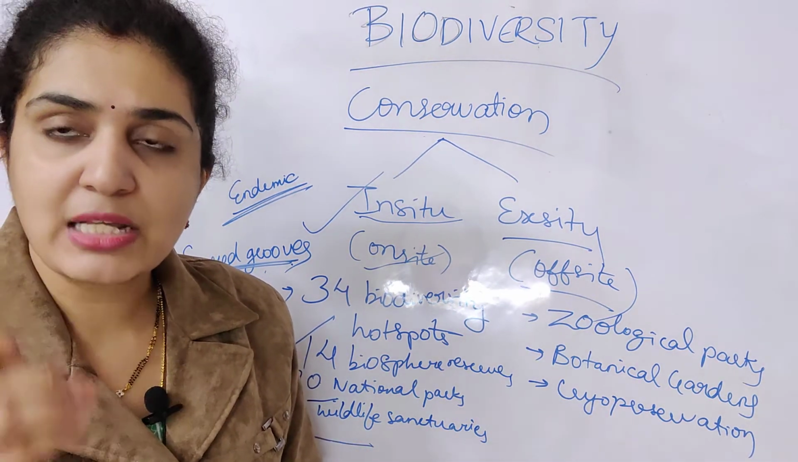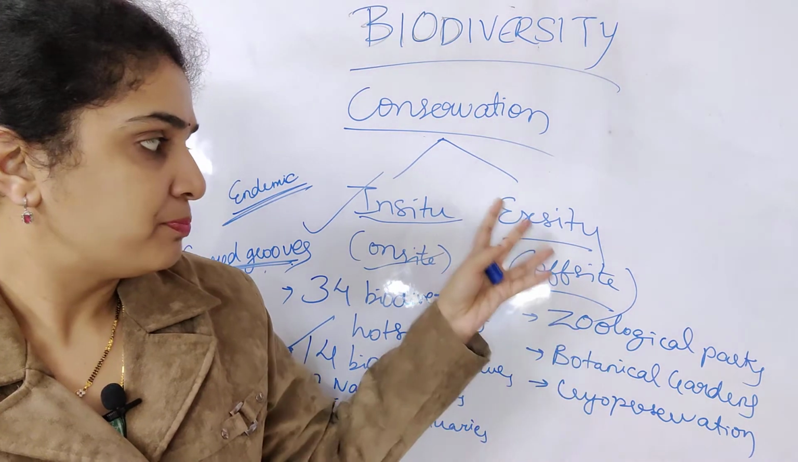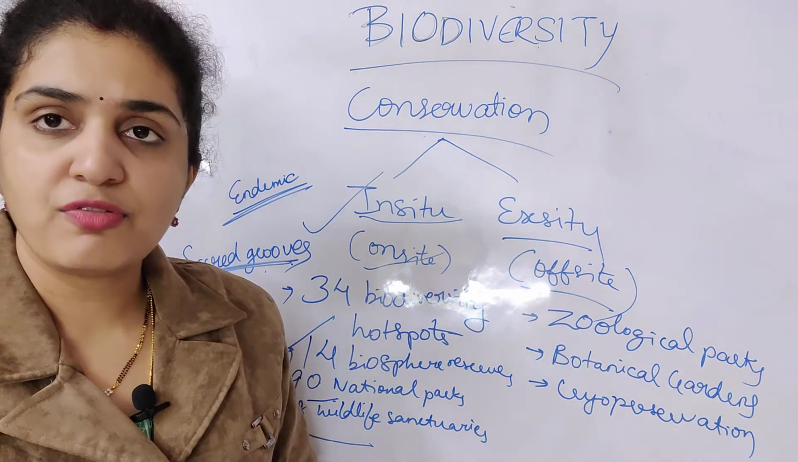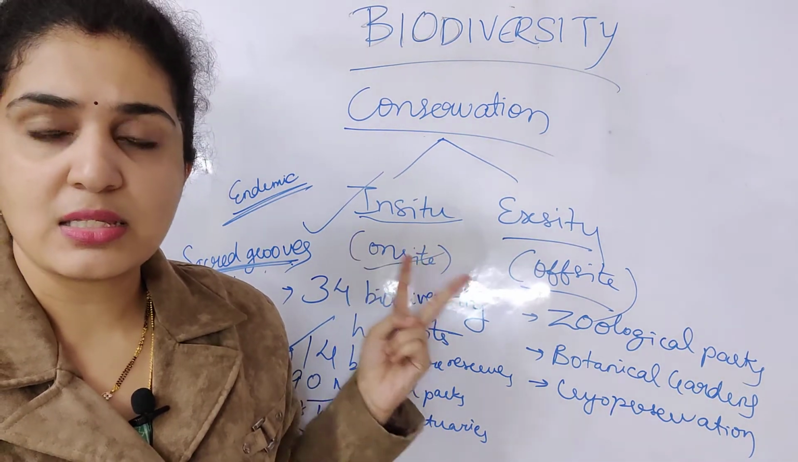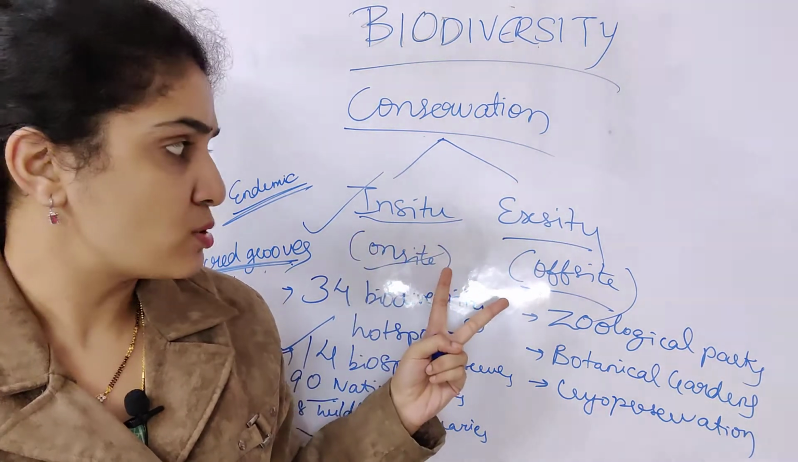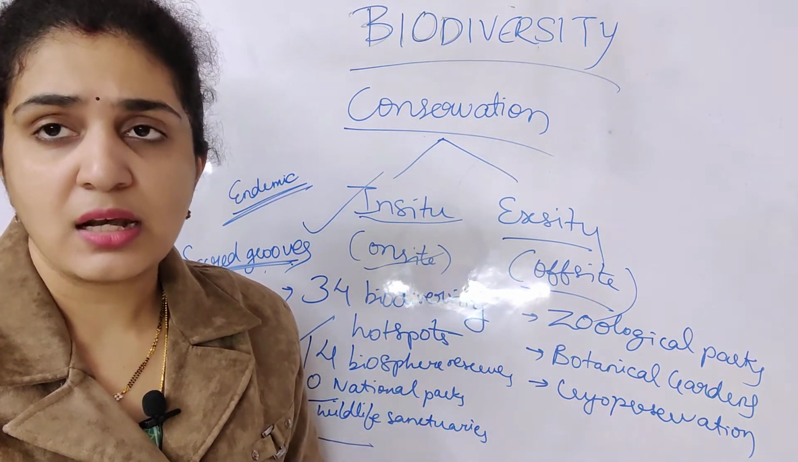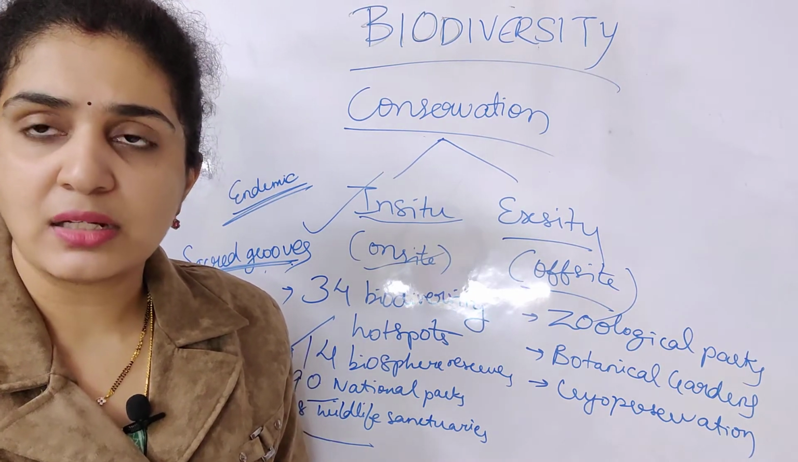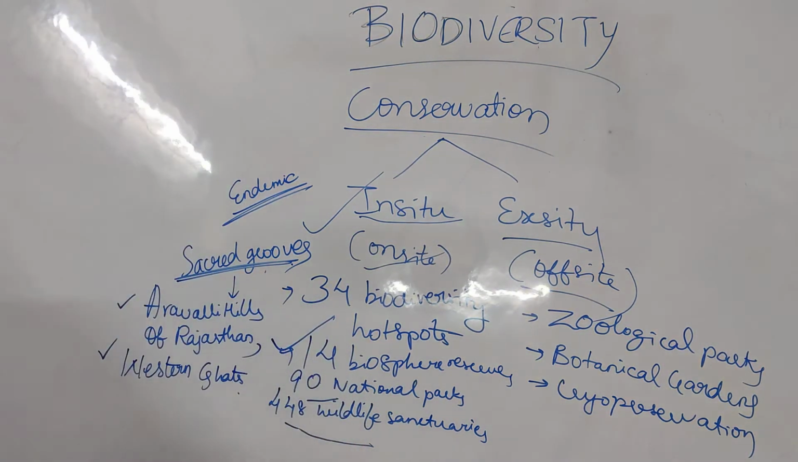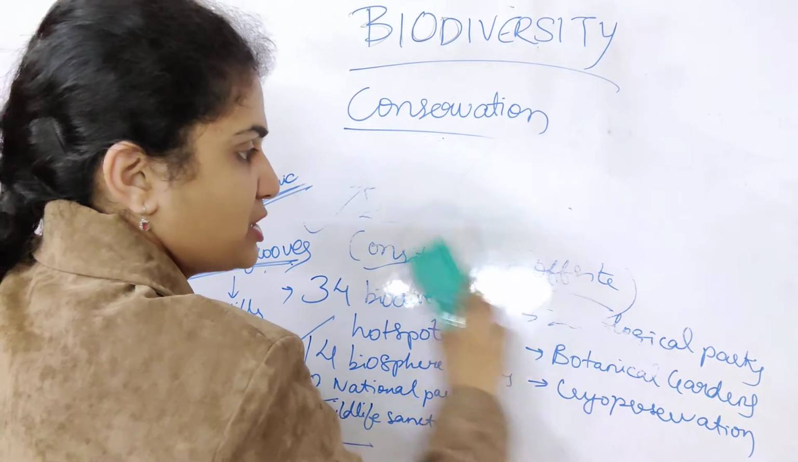Cryopreservation means the gametes of the extinct species are preserved, and it is associated with the same preservation methods. So these are the two important conservation methods associated with how you preserve. Next, there are so many things in biodiversity, like how are they preserved basically. So under conservation only,